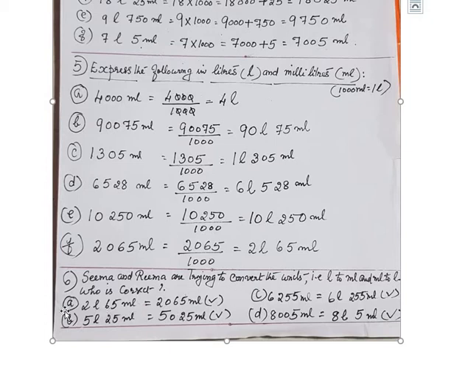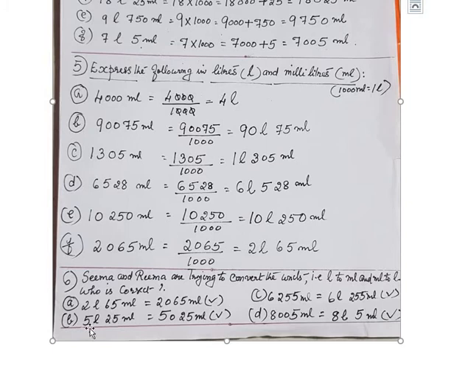2 liter means 2000 plus 65. So 2065. So whose answer is correct? Reema's answer is correct. So I have written in this paper only the correct answer. The wrong answer I have not shown here. In your workbook it is already there, but the tick mark is the correct one. So the method: first we convert 2 liter into 2000 plus 65. So 2065. This is the right answer.